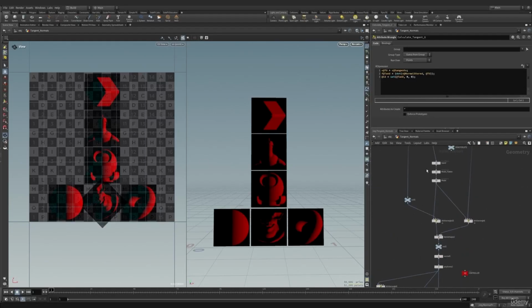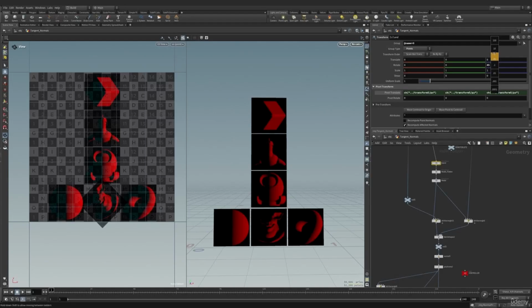Okay, so I'm just going to go up here and continue to rotate this, and you can see how it's red always pointing to the right hand side, but actually on the actual texture it's the same, right? So we're not actually rotating the model, we're rotating the UVs, and we're using the normals, tangents, and